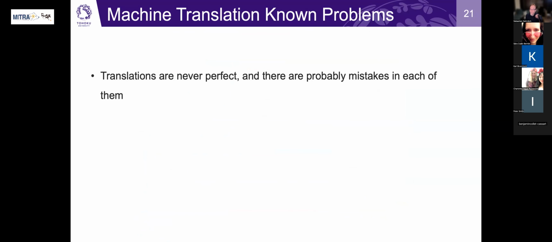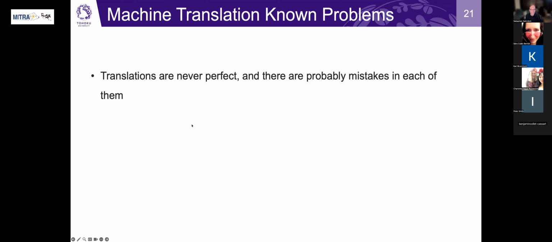We have a number of known problems, of course, and I think we can use the workshop to discuss these in more detail. But I think it's really important to stress at this point that the translations created by Dharmamitra are never perfect, and there are probably mistakes in each of them.